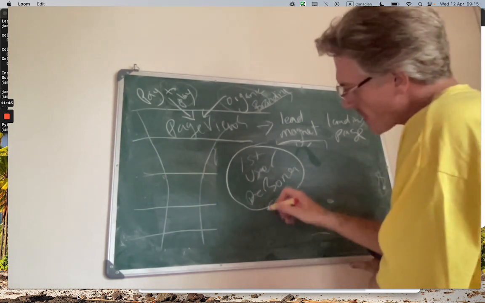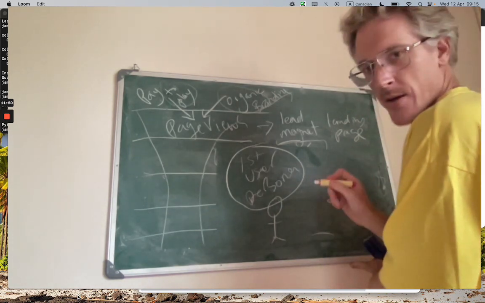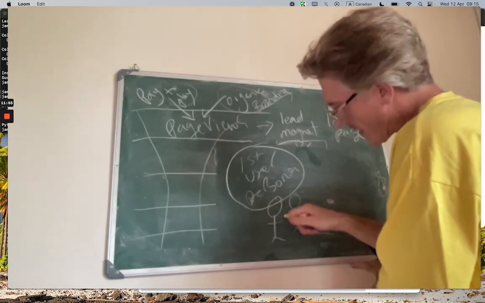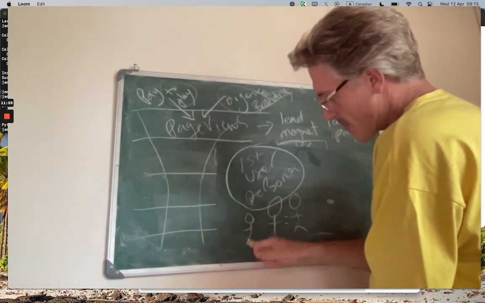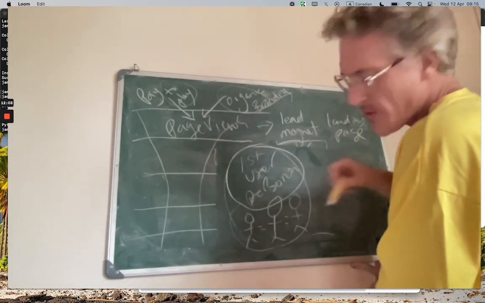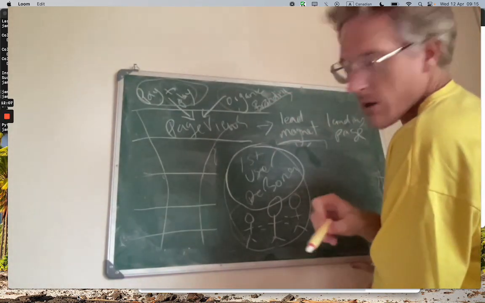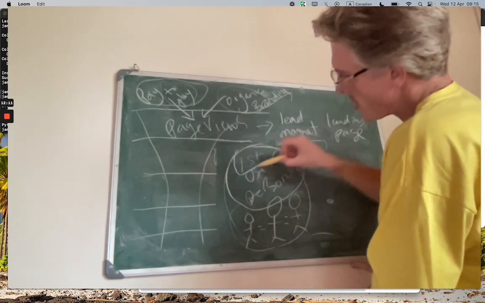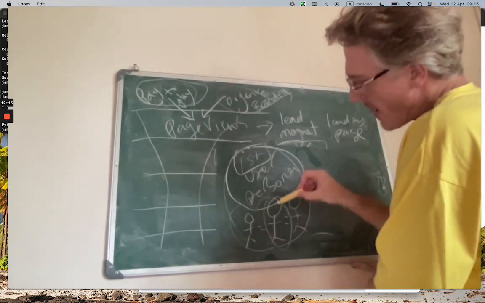And then after you can define that person, then you find another one exactly like that person. And then if you can find another one exactly like that person, then suddenly you can put that demographic into your pay-to-play model, and you can create messages that are directed to this one person. Now, obviously, this is an iteration of that one person, but you have to be able to define that